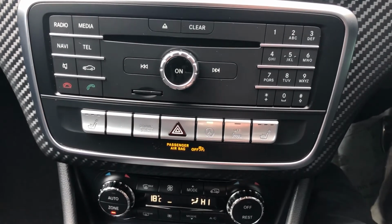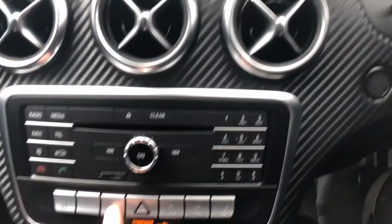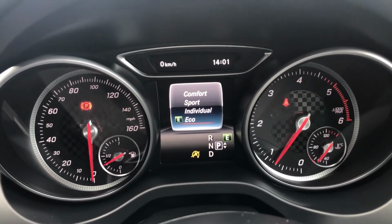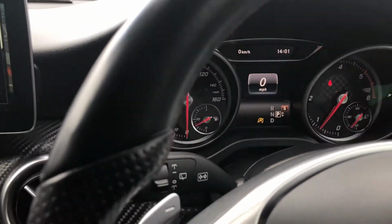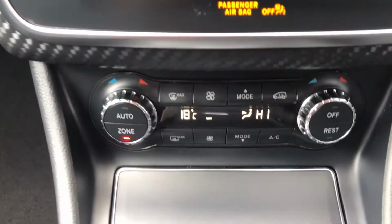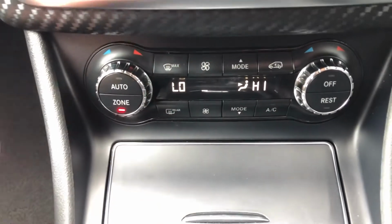Heated seats for the driver and passenger, auto start stop on and off, audible parking sensors off, hazard lighting, and here is dynamic select, of which you can change your different driving modes. You've of course got eco, comfort, sport and individual. Sport being the one that gives you the optimum performance, unless you prefer to manually do it as I have with the individual configuration. Moving down you've got your dual zone aircon, meaning high temperature for the driver, low temperature